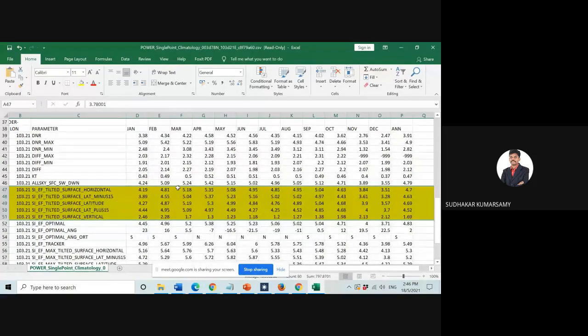So this data you should copy into a separate Excel file, and then try to plot a graph among all these values. Okay, consider all these values and then plot the values for your location. The same analysis, kindly repeat this analysis